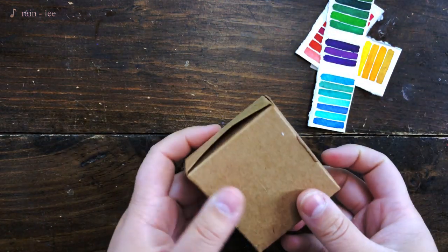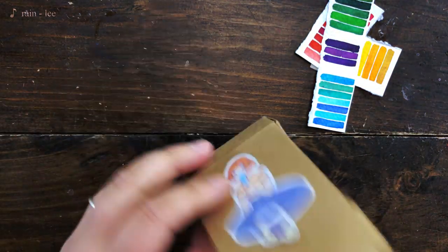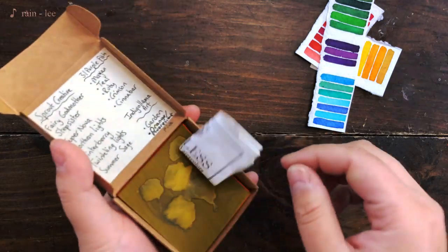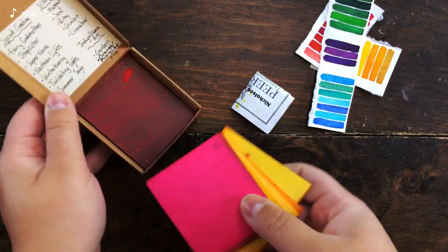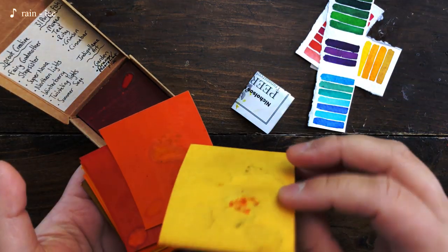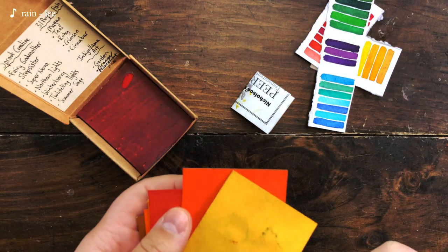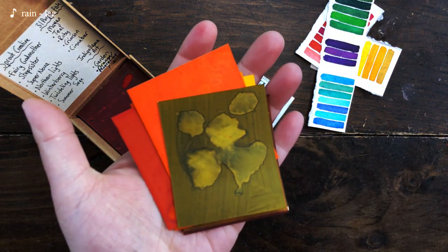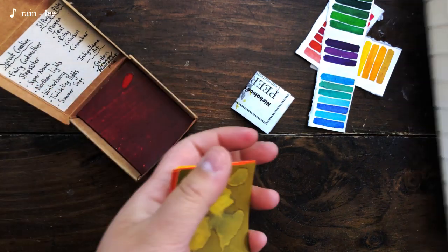I actually keep them in this little tiny box that my friend Anna sent me. And this is kind of what they look like. They're just sheets of dyed paper. So this side is closest to what the actual color looks like, and then this side is where the pigment actually is. Let me just do a quick